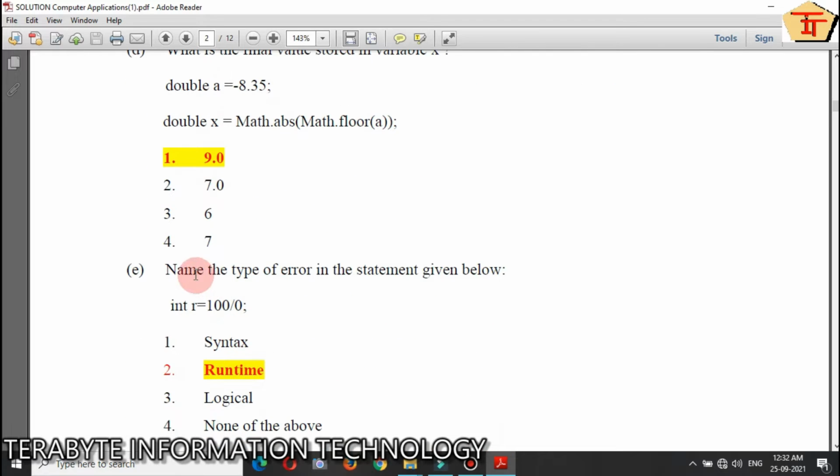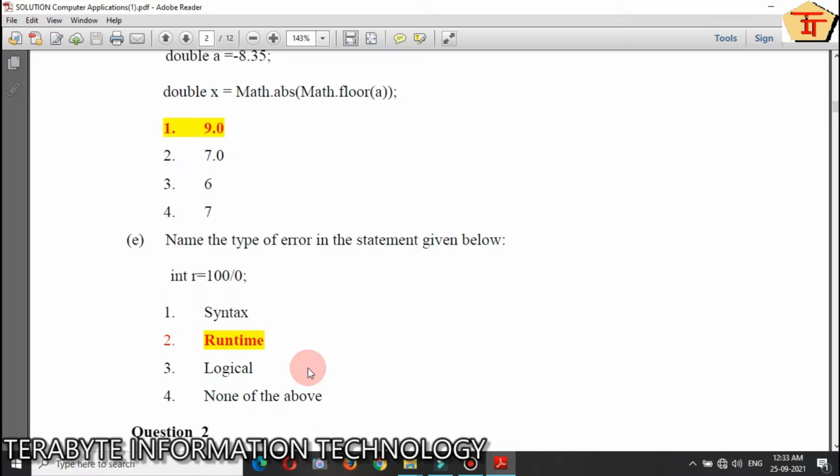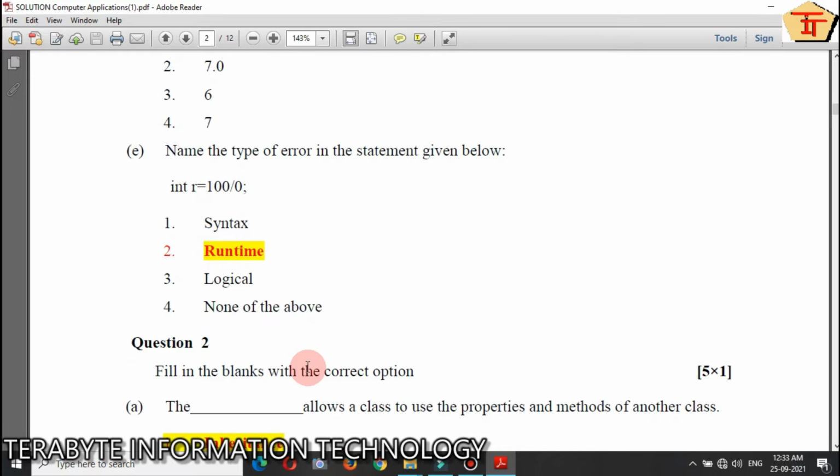Next question: name the type of error in the statement given below. It has given int r = 100 / 0. So 100 divided by 0 is not a syntax error, it is basically a runtime error and not at all a logical error, and number 4 is also not correct. So number 2 is correct.